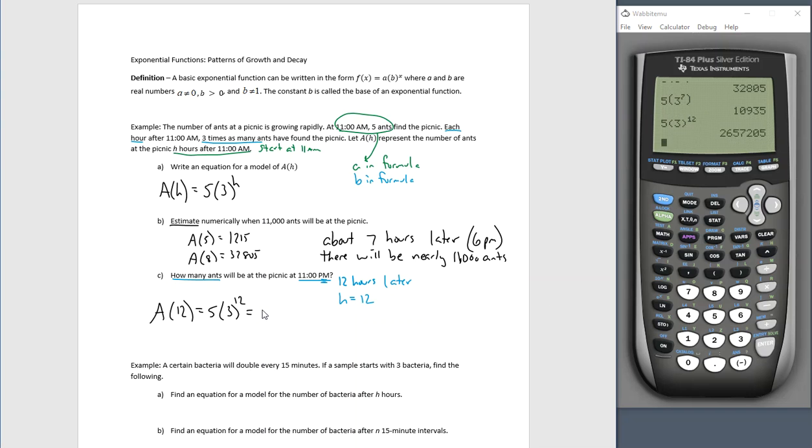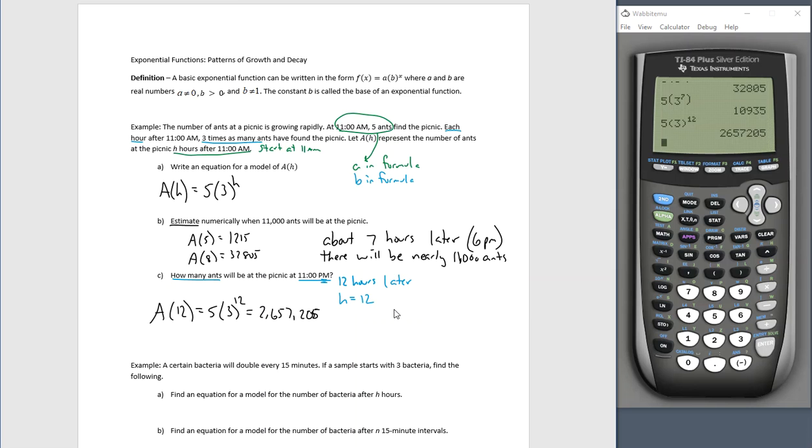These little ants are going to carry you away. There are 2 million 657,205 ants. If you have a 12-hour picnic like we are known to do here in southern New Mexico, we